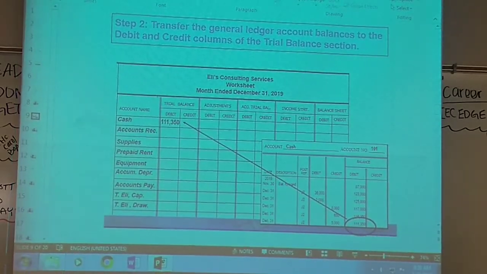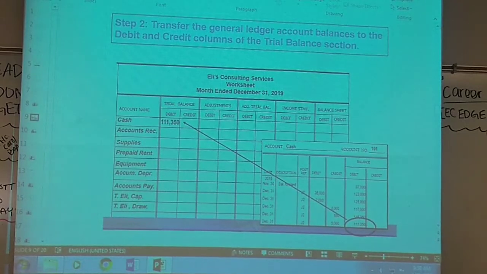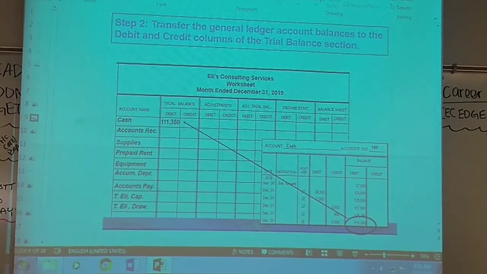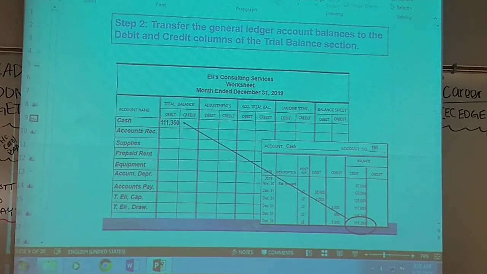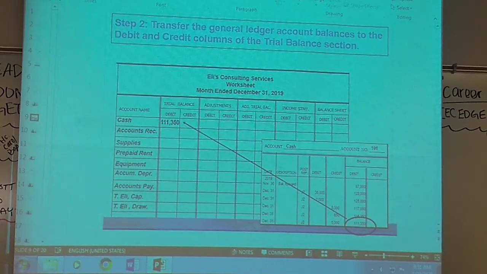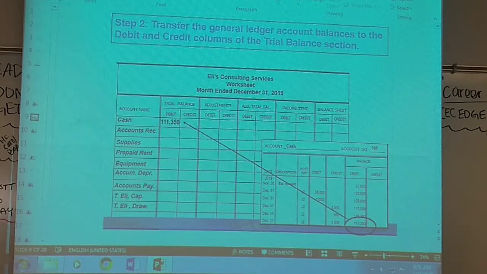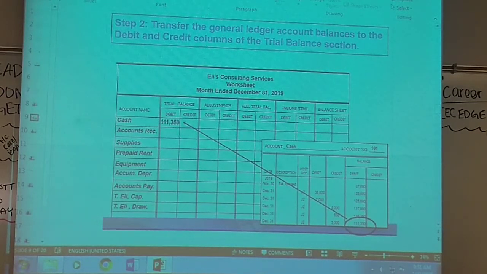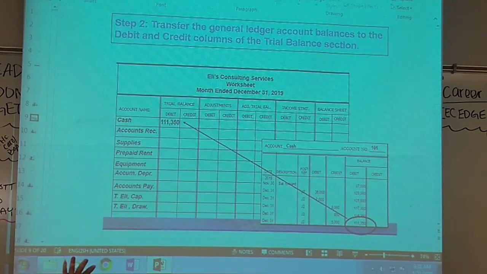And remember, the reason why we put it under debit or credit is we always put the balance under the what? The side of the account that's always increased. That's called the normal balance. So in this case, cash is increased on the debit side, so we put the balance on debit. Okay? So we transfer your balances over